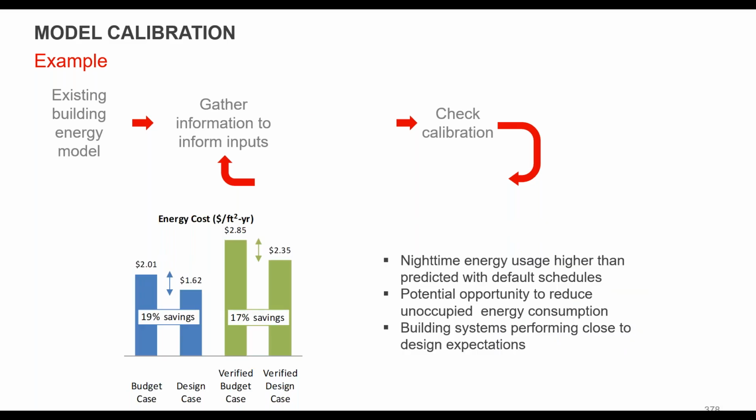And one way to look at this, and again, this was for an older LEED M&V project, was then to update the budget case with all of the same assumptions. So we went back to the budget case and added the data center, updated the schedules, updated the outdoor air, all the things that would need to be changed in the budget case, and then reran the baseline, or reran the proposed design, right, to understand the percentage savings. And again, this was an M&V project to understand if they were still achieving the percentage savings that they were looking at. So even though the total costs per square foot went up in terms of operation, we were still pretty close in terms of where you were in terms of percentage savings.